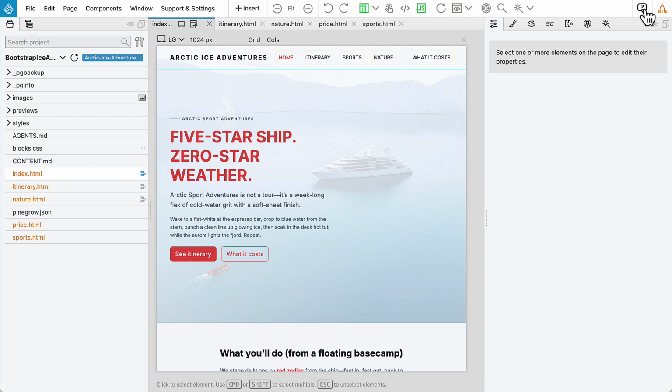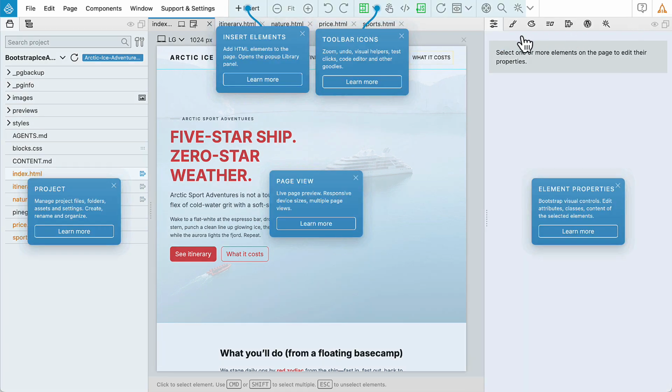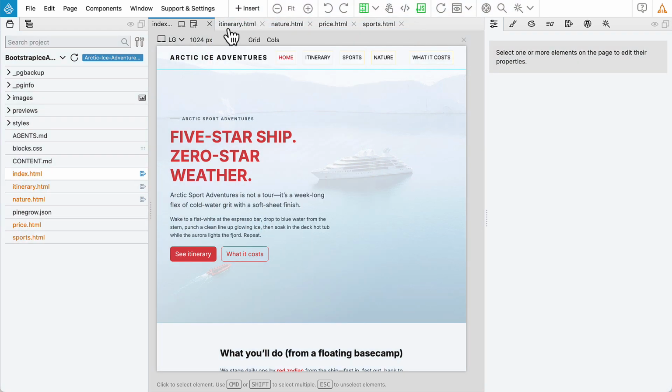And remember, help is always just a click away. Click the help icon in the top right corner, and from the menu, choose Show Help Bubbles. This displays useful tips that explain the different tools and panels, with links to our detailed documentation. If you ever get stuck or need